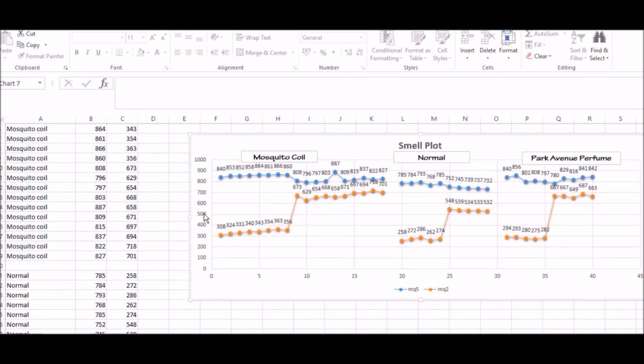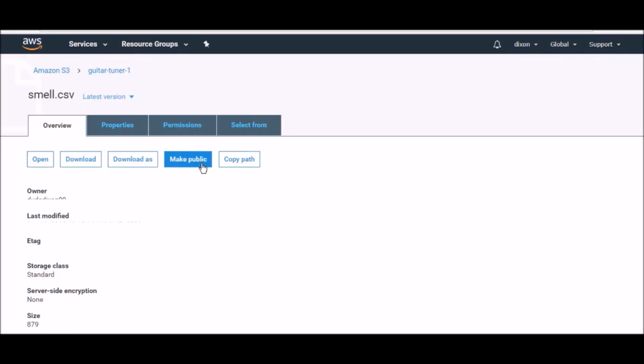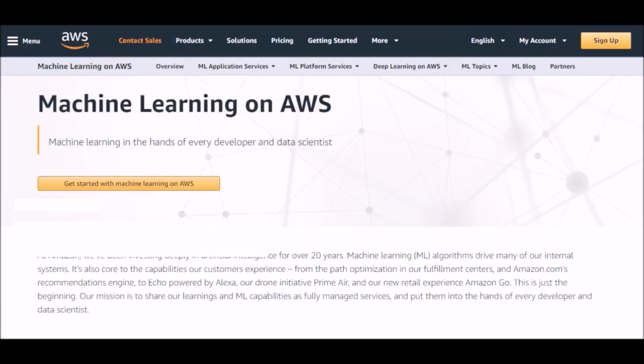This is then saved as comma separated values in a .csv file. This is then saved with public access in the S3 storage service offered by AWS. I will leave a link for the dataset in the description below. The dataset, or the data source, is then used to build a machine learning model in the AWS Machine Learning